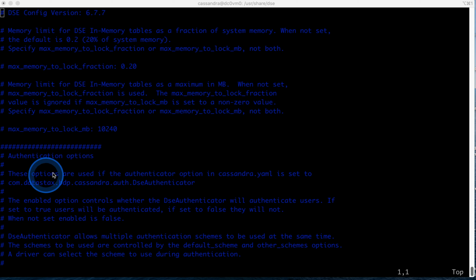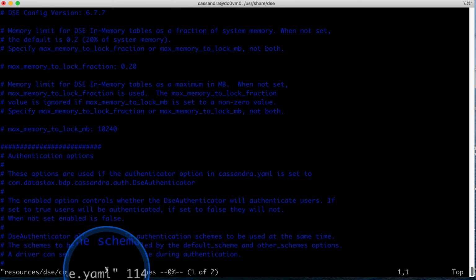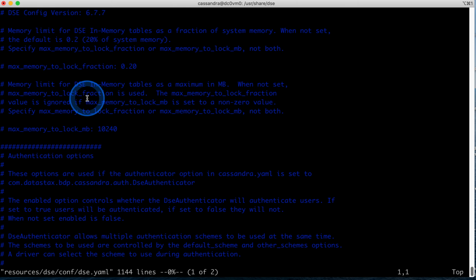Alright, we are looking at the DseConfig file. Excuse the blue fonts. But you will see that this is the DseConfig file that's stored in resources. And when you look at this DseConfig file, there are a few authentication and authorization parameters you have to set up. So let's look for